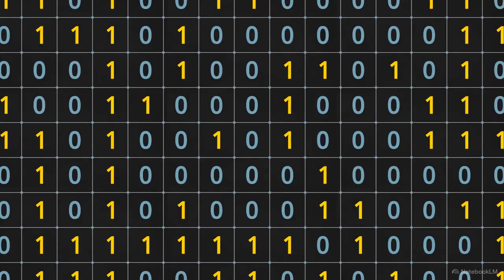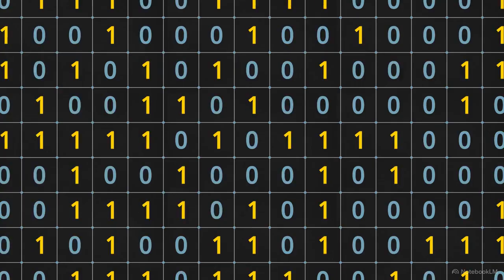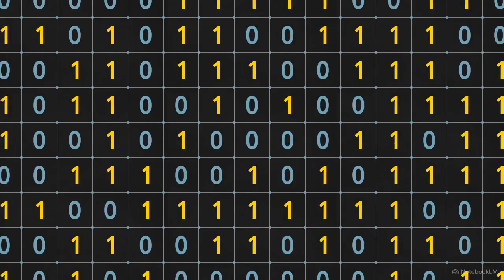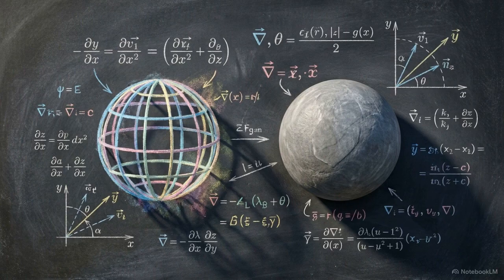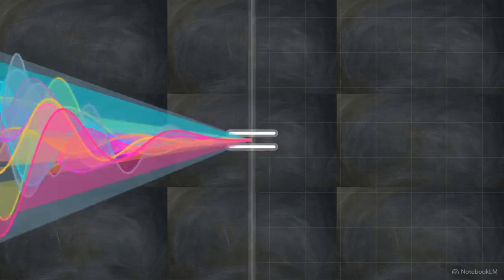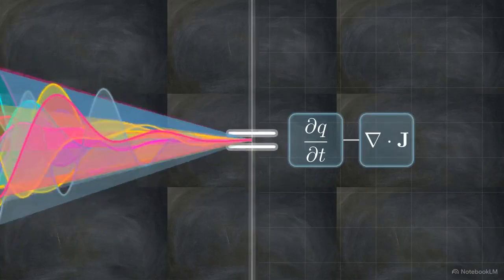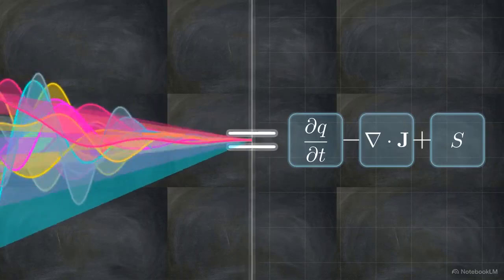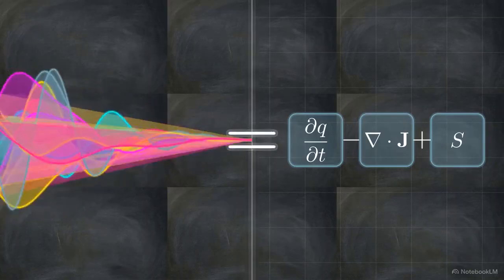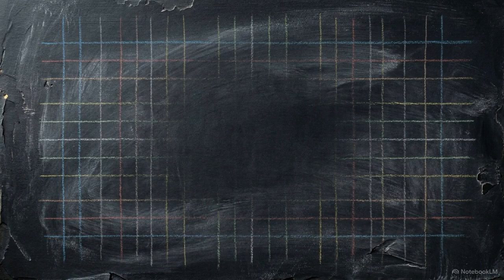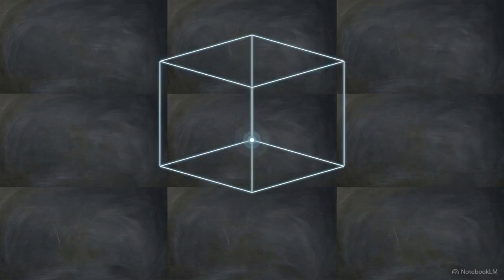A CPU operates strictly on discrete binary logic. It requires defined states, not flowing phenomena. To simulate the real world, we use governing equations. These act as a rigorous translation layer, converting abstract physical behavior into exact mathematical statements. We are going to systematically build a computational model from a blank mathematical void, piece by piece.